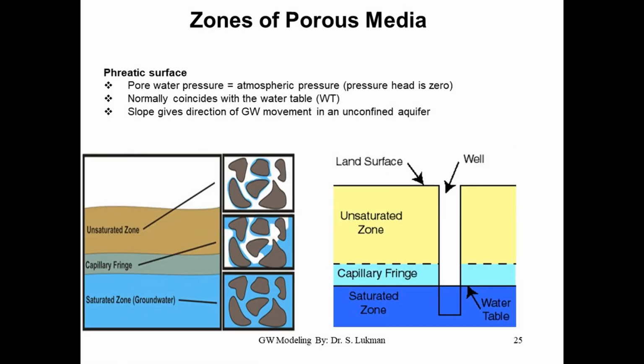We have the phreatic surface, which is the water table surface. Here, for the phreatic surface, what is the pressure? Now, let's go back to pressure. We just finished brainstorming. You can see we are moving gradually from the unsaturated capillary fringe down to the saturated zone. So what is the pressure? It is atmospheric. So much the same way as it is atmospheric for surface water in the sea, it is also atmospheric on the surface of the groundwater, isn't it?